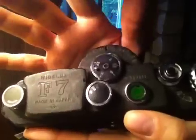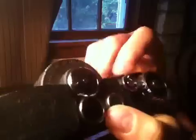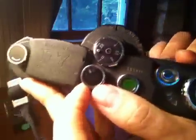Generally, I try to keep it at f11 because the thing about this particular lens is it's a fixed focus, and I think it focuses at something like 11 feet. So you can't actually focus the lens. The only way you can ensure focus is to shoot as deep a depth of field as you can and let that get your focus in. So that's basically going to give you f11, and I try to keep it at f11. And your shutter speeds are basically right here,